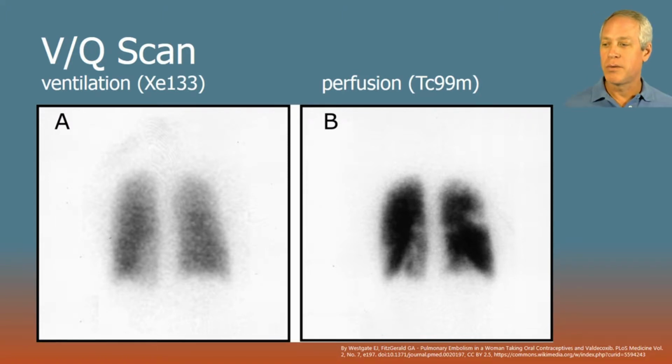So to assess the ventilation, the patient inhales a mildly radioactive gas, xenon-133, and they basically allow it to create an X-ray from the inside out. So by emitting the radiation from the gas out, it creates a picture as you see on the left, labeled A. And then for perfusion, we use technetium-99m metastable. It's slightly radioactive in a way. I won't bore you with the details of it, but it also creates X-rays that come out of the body